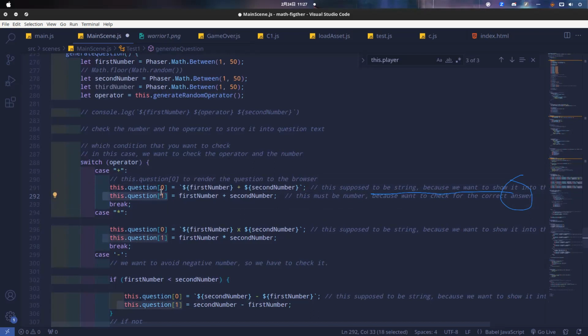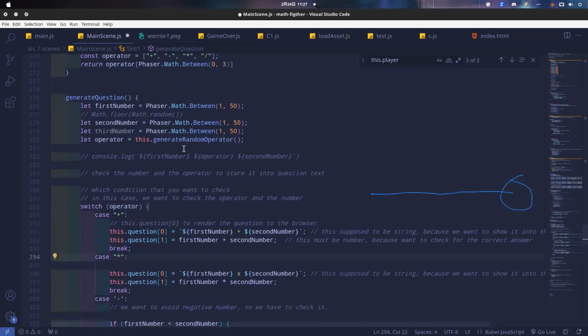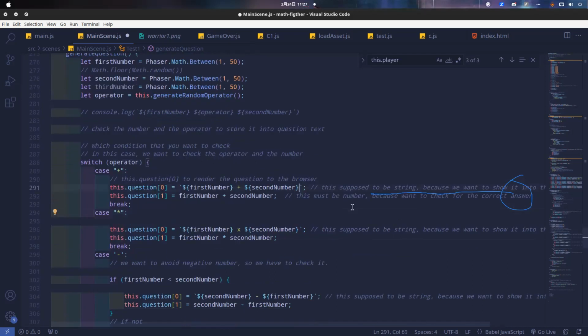Question 0 is to render the question to the browser. When it's case plus, or addition, we want to add first number and second number, but because we have a new variable, third number, we can simply add one like this: third number plus third number.